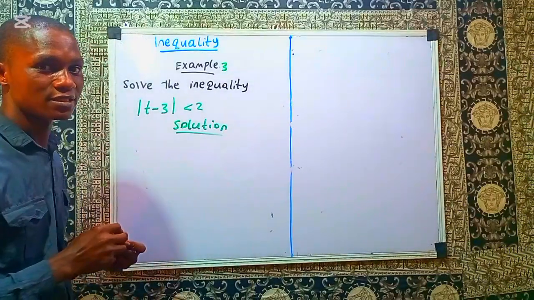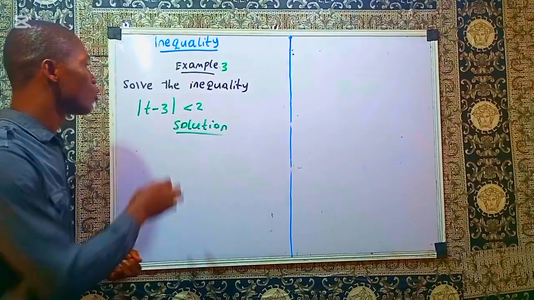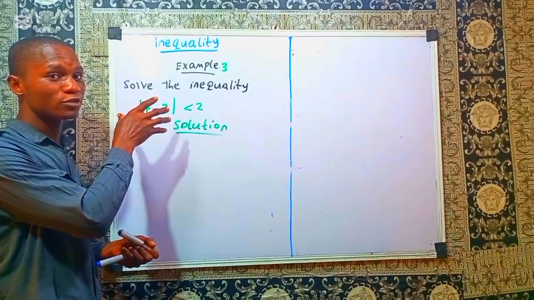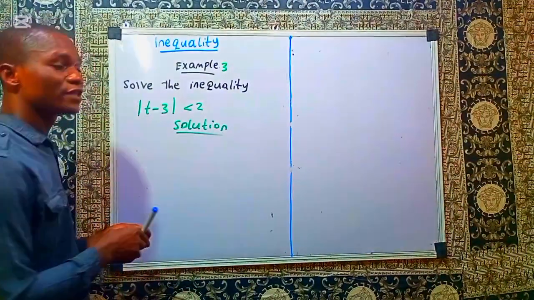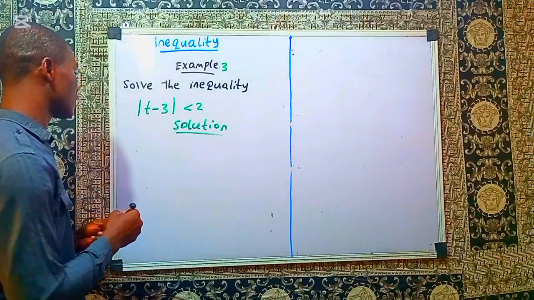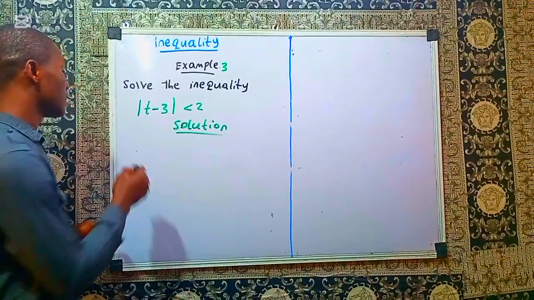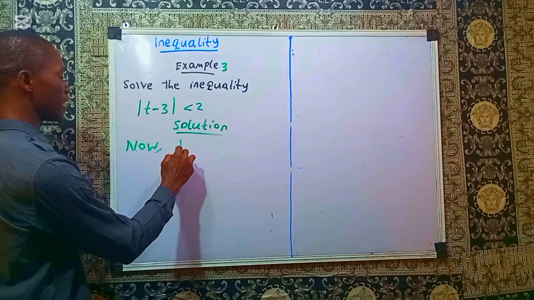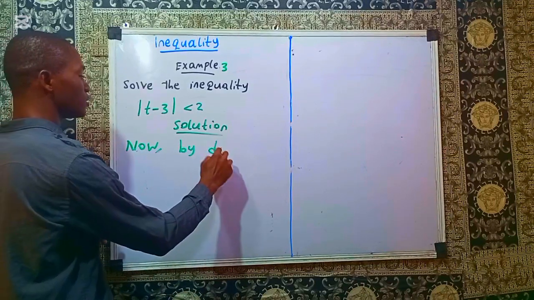Okay, let's just start like this. We need to know what this absolute value is before we'll be able to solve this problem. So what is the definition of absolute value of a particular quantity? Now let's look at the definition. By definition,